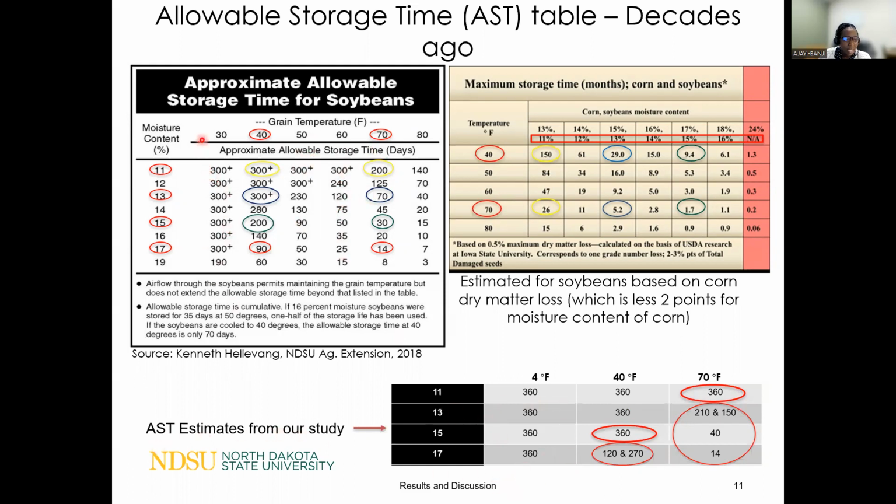One thing I would like to quickly highlight is that the data that we can see here was extrapolated from the one for corn. So where you see 11% moisture content for soybeans here, what that meant is that that was 13% moisture content for corn from corn tables, right? So a quick comparison between this table and our table showed us that at 11% moisture content, for grain that